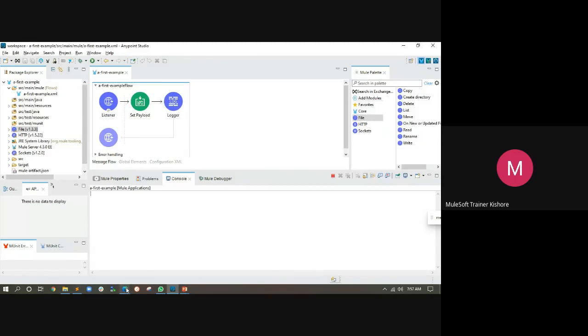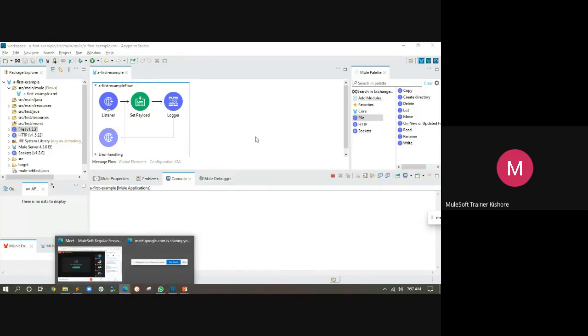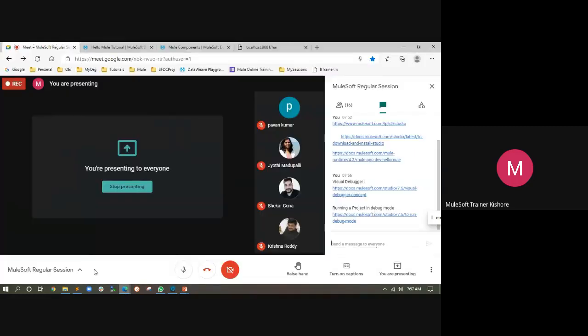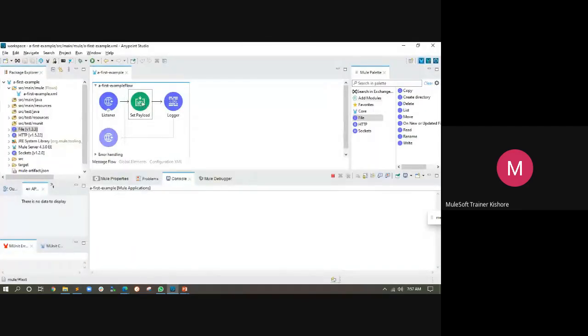So let me send a request to the application. We said we are debugging our application, so we can see what is happening at the time of execution. My expectation is that my application will pause here, and then I will see what is happening with this set payload.